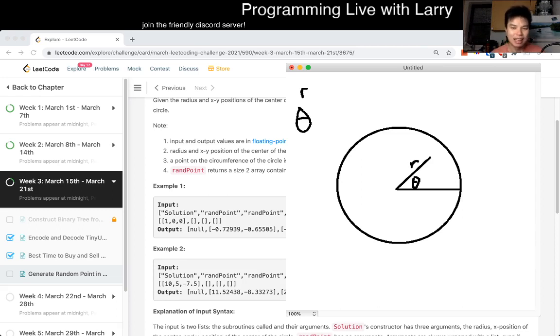I don't really have a great way of proving this without a long mathematical formula. You can probably Google it, but the intuition is that